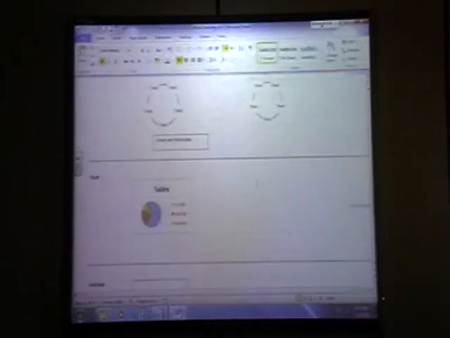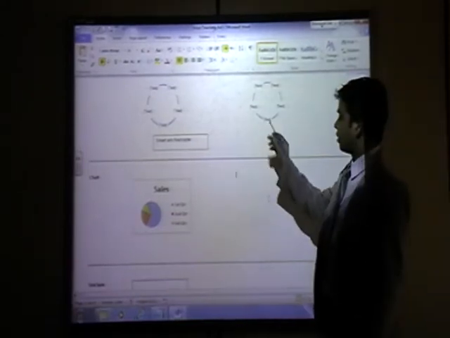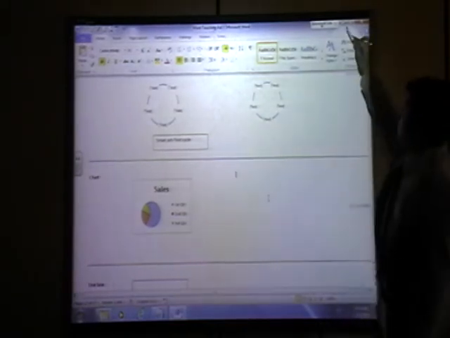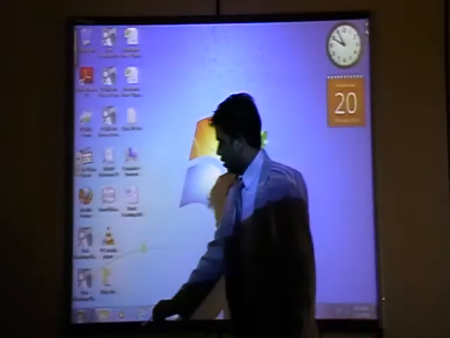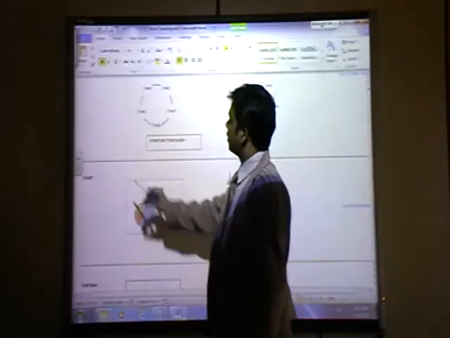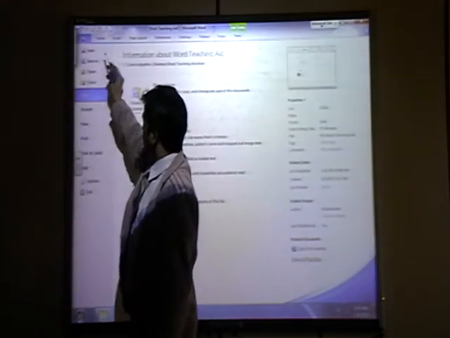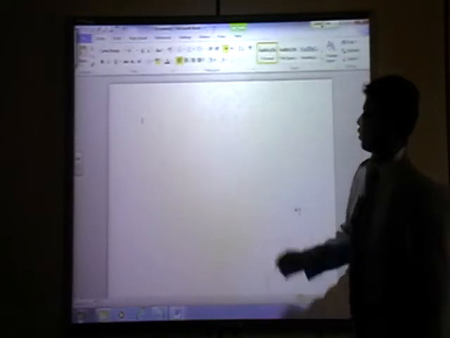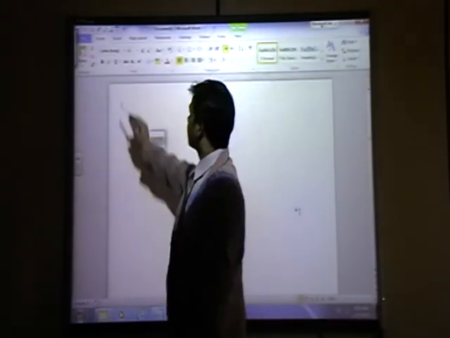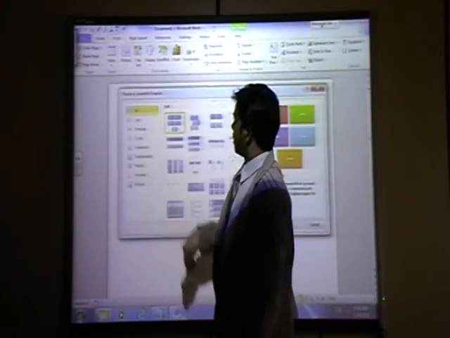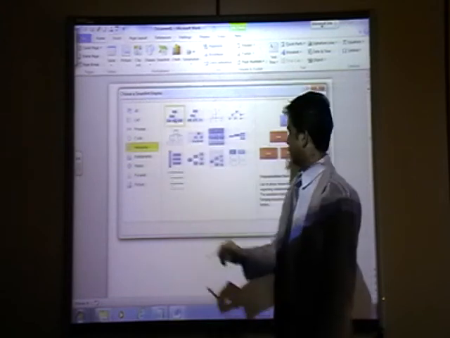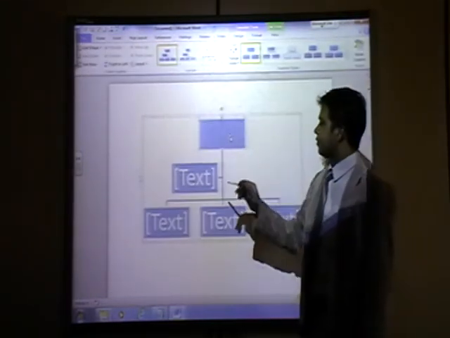Next question is chart. Teacher, what's the benefit of this one, smart art? Yeah, good question. What is the benefit of smart art? I will show you. I will show you in Word again. File. I will take new file. Then I will show you new in blank page. Blank page and create. Very good question. What is the use? Why do we make this smart art? Insert smart art. For example, if you want hierarchy and this one. Okay. Here.